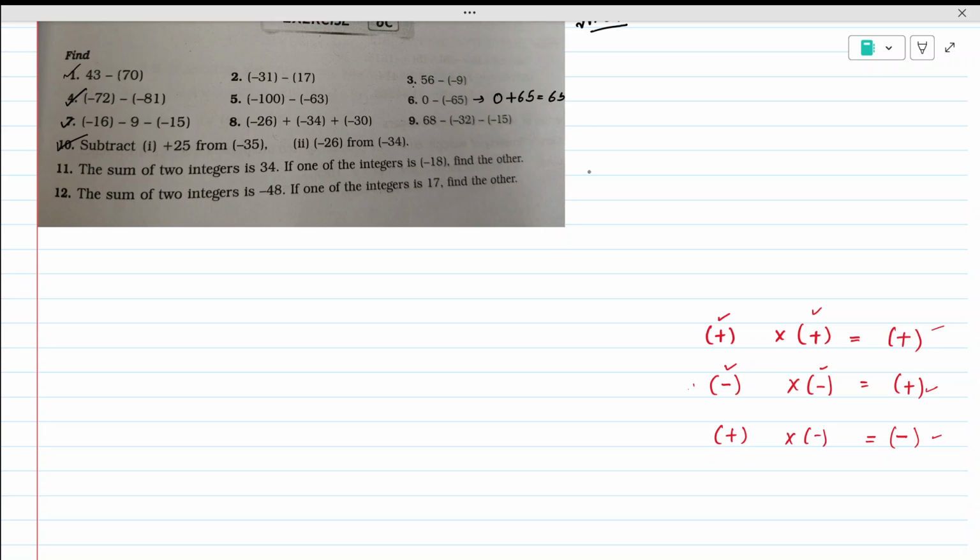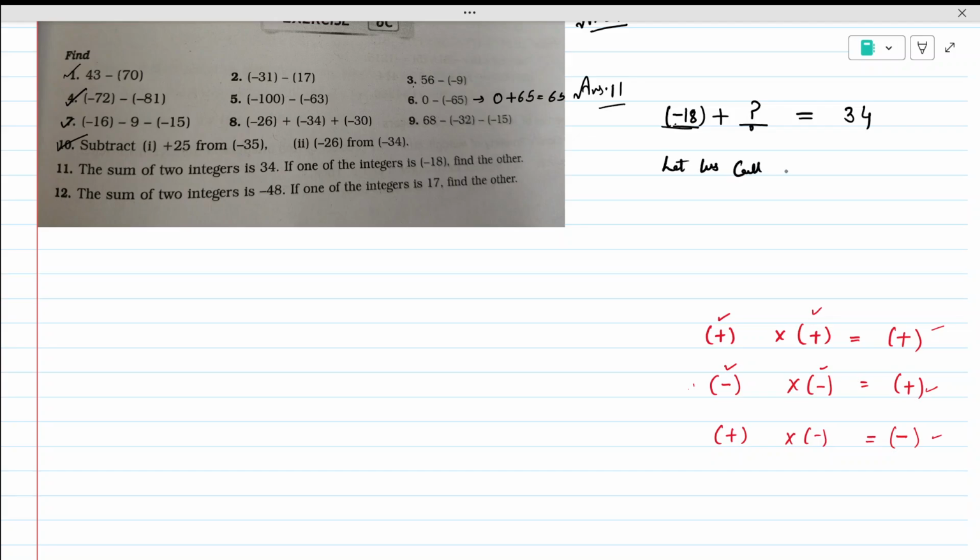Yeah, it says answer 11. The sum of two integers is 34. Means if we are adding two integers, the sum is 34. This is what first statement says. Now, if one of the integer is minus 18, find the other. Now, what it is saying is one of the integer is minus 18 and we have to find the another one. Okay. So, what we will do, let us